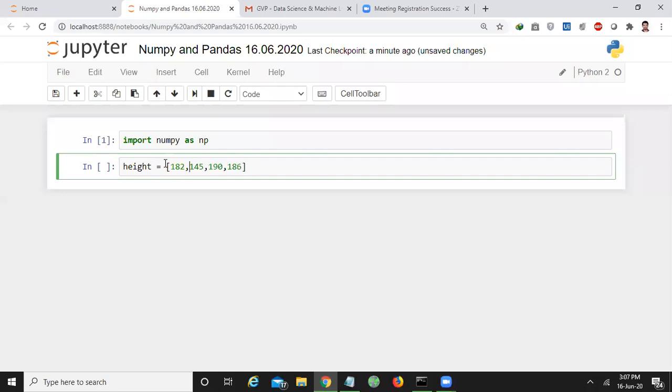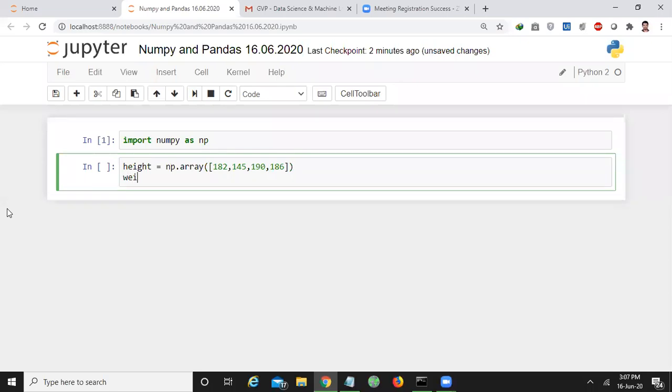We cannot perform any operations directly on the list. So for that, we have to convert this list into an array, a NumPy array. How to convert? np.array of the list. If you write like this, your list will be converted to an array.